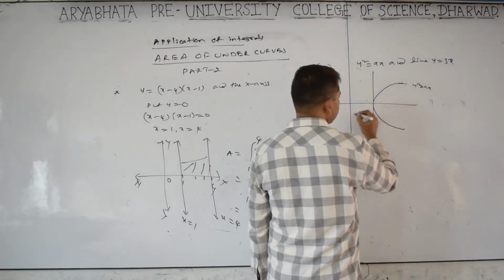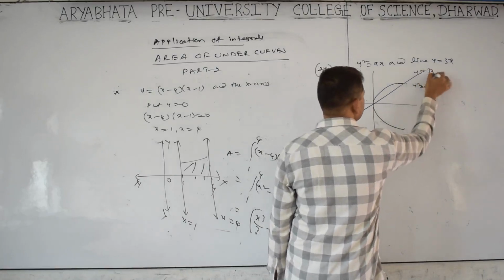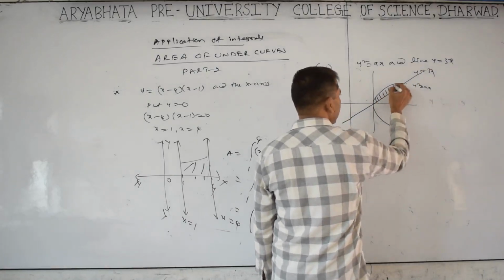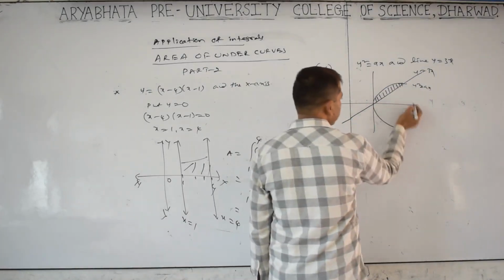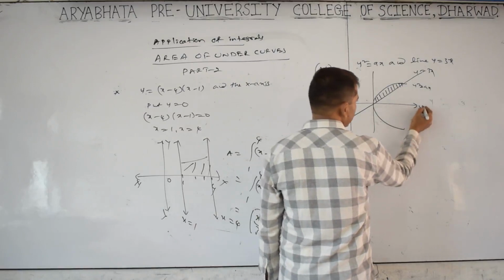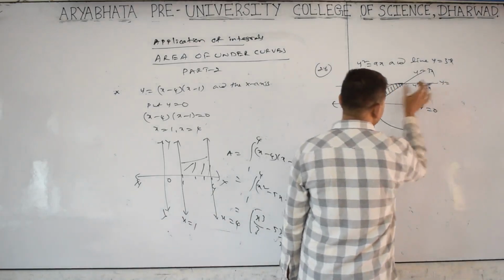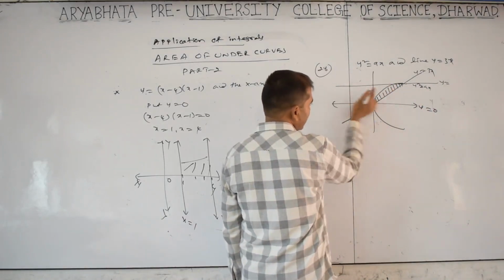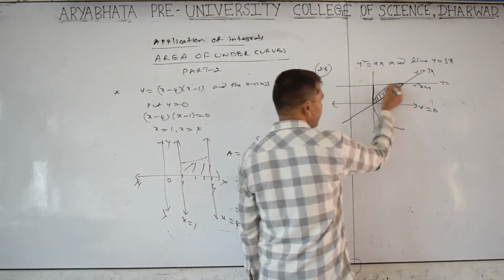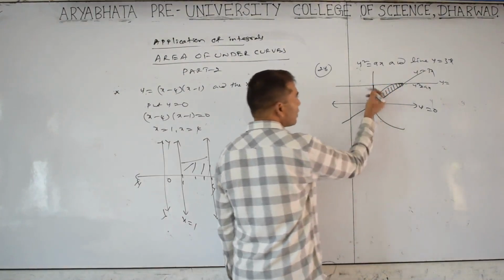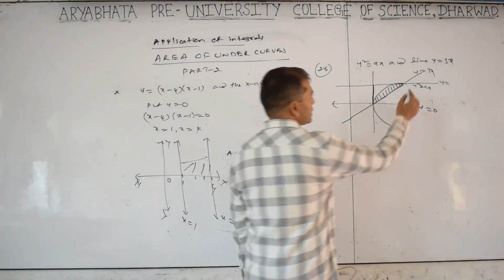Y is equal to 3x is passing through the origin. Now we have to find the area between the curve and line. To find this, we need this point. This is the x-axis, y is equal to 0. When we get this point, we'll get y. Then we should find with respect to the y-axis. With respect to the y-axis, the line occupies the big area, the curve occupies the small area. So line minus curve. We want this limit.